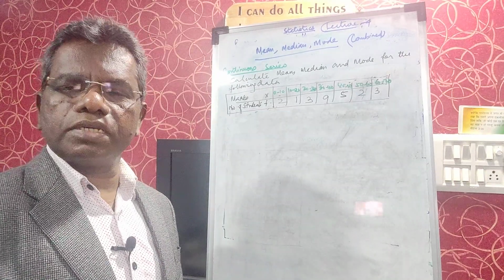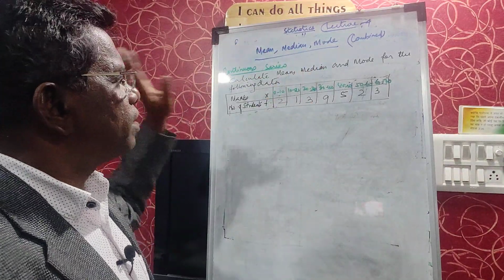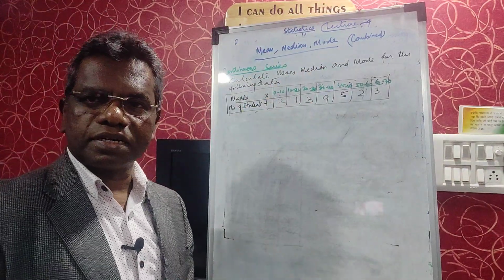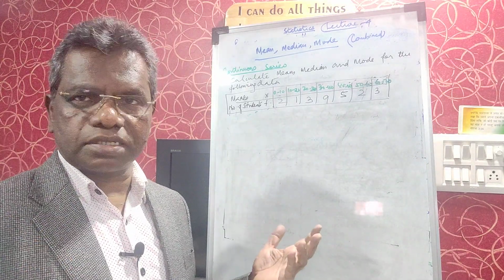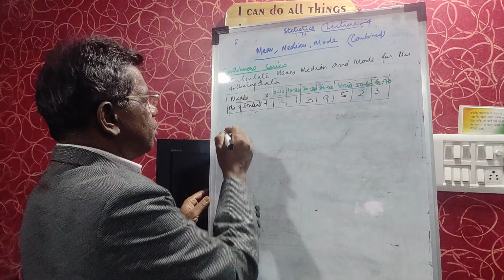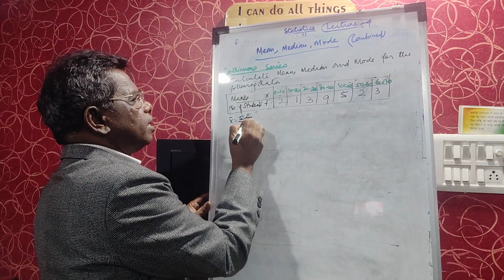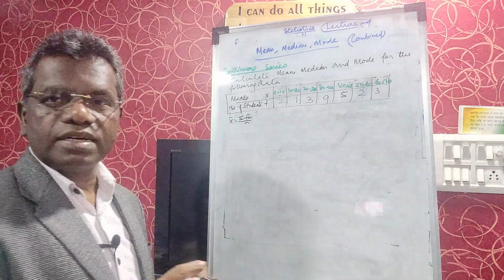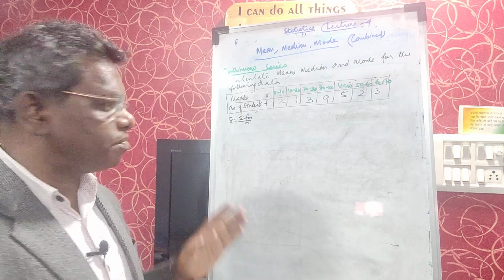So let's do the continuous series now. Calculate the mean, median and mode for the following data. It's a continuous series problem. Again write the formula first. Without the formula you cannot go ahead. So first of all, x bar is equal to sigma fm upon n. I told you this is a midpoint we have taken. So it is fx only, but you will have to take fm upon n, with m the midpoint.